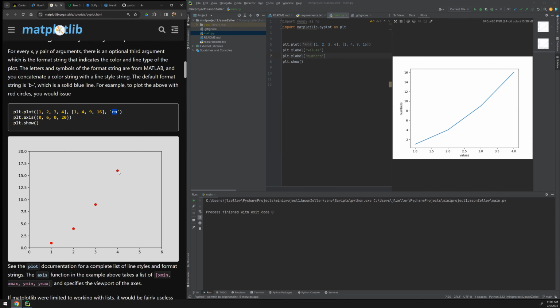In this case, it's going to use red circles for each one of those. So the default for strings is this b-, which is a solid blue line, right? If we wanted to do plots, we would just pass in ro, and that would give us red dots. So we could change that real easily. For example, I come back here, go to ro,